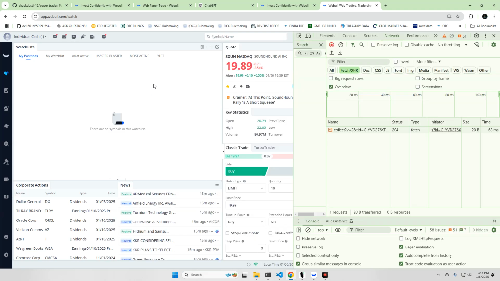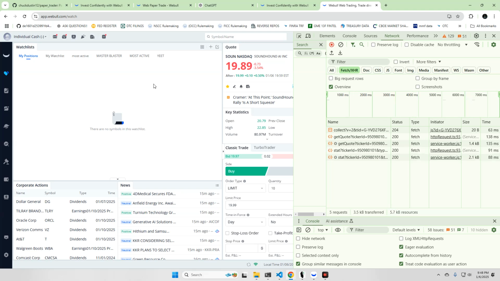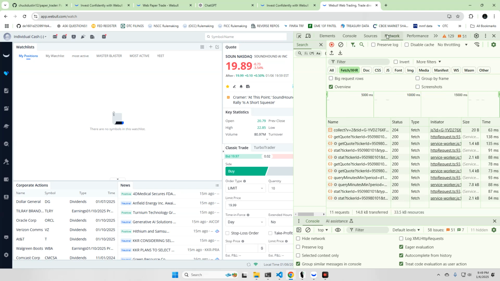Now you will have to have an account to do this. You won't have to have a brokerage account. Like, you won't actually have to put in your social and all that stuff to get a brokerage account in order to use this. You can actually do it just simply by having an account open, even without a brokerage account. So once you get to this part, you're going to want to go up here to the Network tab